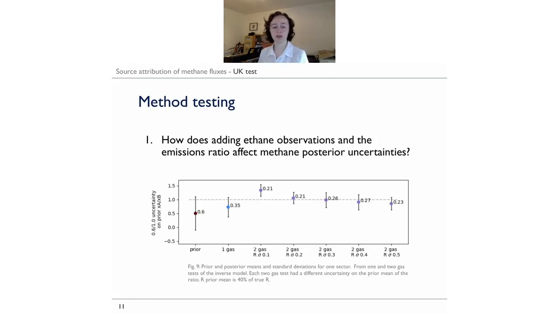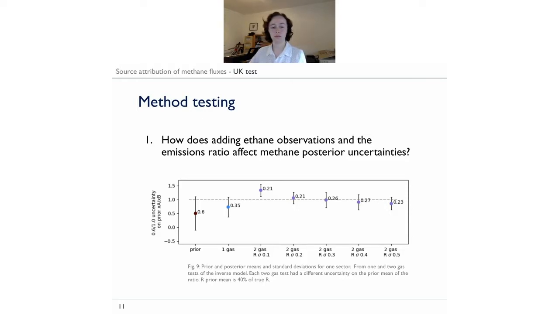So this plot here shows results from 6 different test runs of this model compared to the prior information. This is the posterior mean and standard deviation of the 6 tests on the right against the prior mean and the standard deviation on the left. The coloured dot shows the mean emissions, and the error bars and the annotated values show the standard deviation. I did one single gas test, which is the second dot, shown in light blue, which shows some improvement towards the true emissions, the true emissions that I'm trying to replicate in this model, which is given by the grey dotted line. It shows some improvement based on the prior,